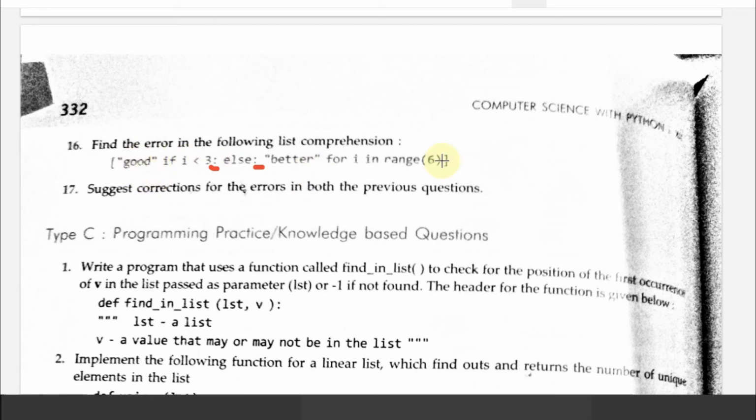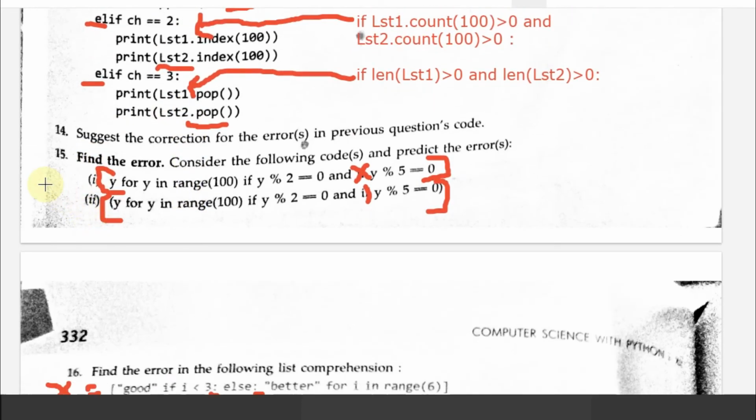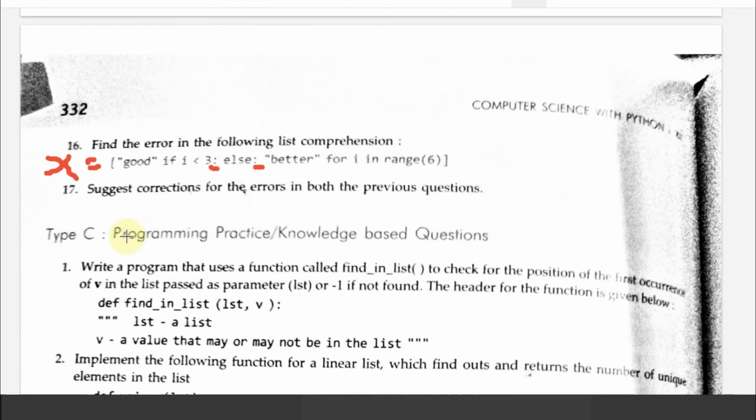The result will be added to the list, whatever list which is initialized. You can also mention that the list must be initialized here, x is equal to something like that. Even here you can tell the name of the list in which you are going to write, lst is equal to, or l is equal to, something like that can be attached along with both these answers. Hope you have understood all the answers.